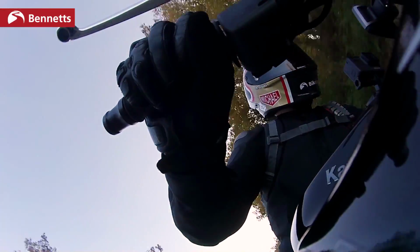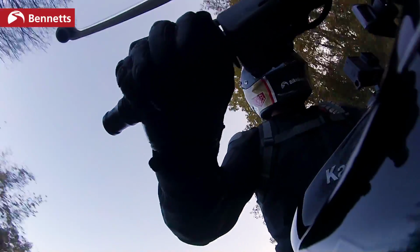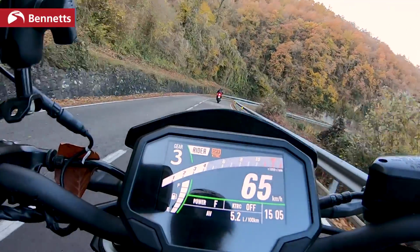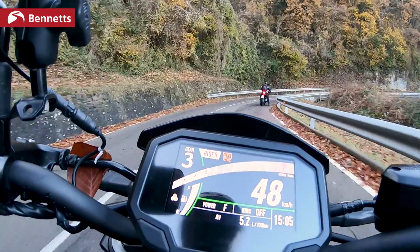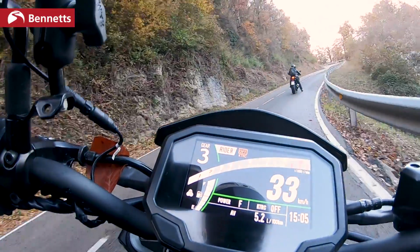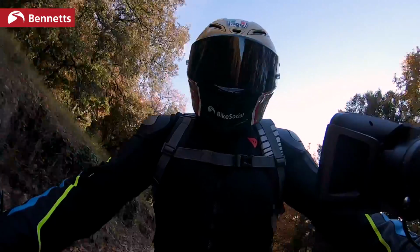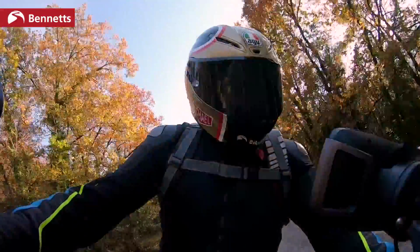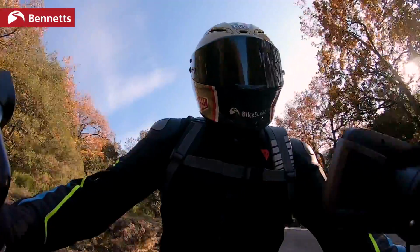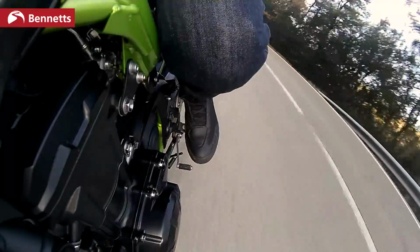Just making a big difference versus the outgoing model. Now for those that have ridden the outgoing model, the differences are, you're losing nothing of the outgoing bike, but you're gaining a little bit more in terms of its styling, in terms of its electronics, especially with that display, that dash, in an extremely popular category, this naked